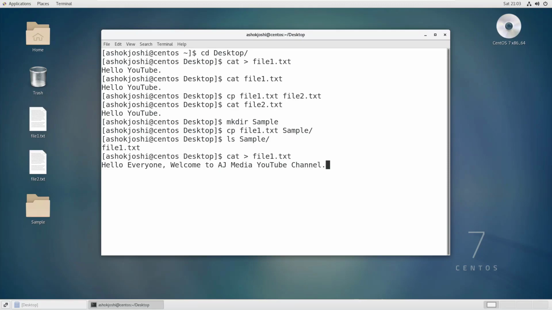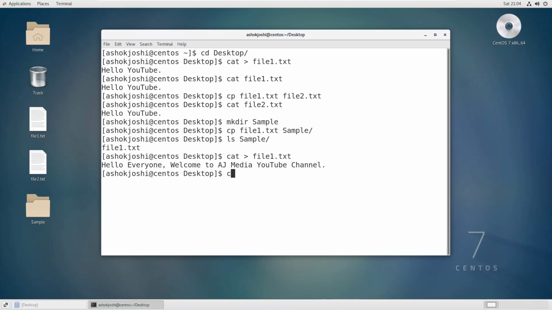Now you can see we have different content, and inside the sample directory's file1.txt we have different content. Now there will be a collision, right? File1.txt on both sides. In order to safely replace or not, you will use this -i option.